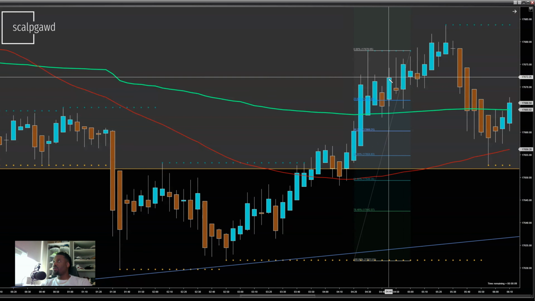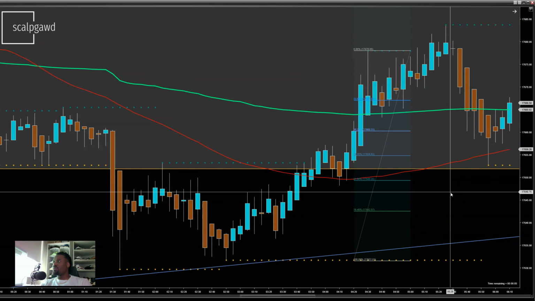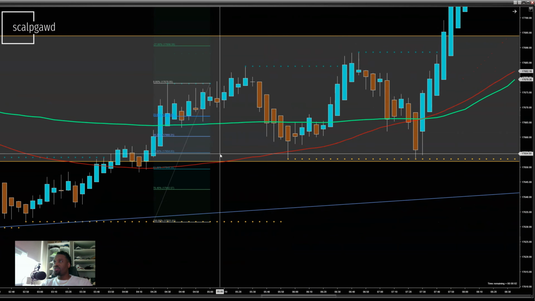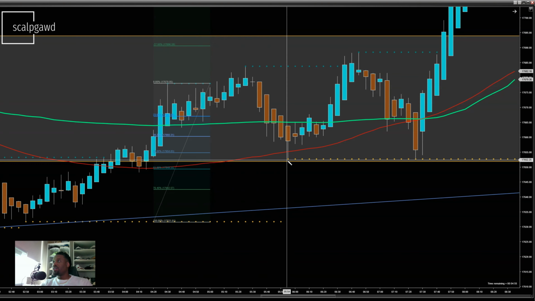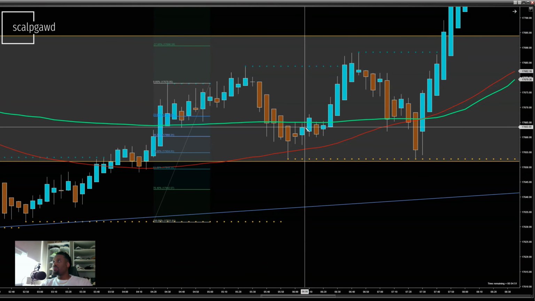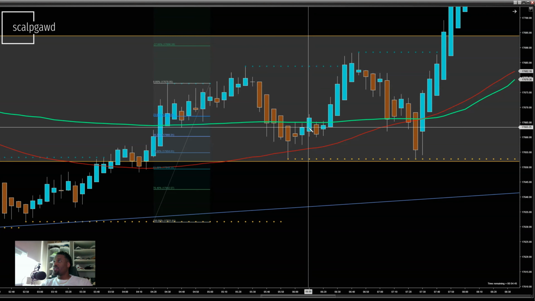All the way up there. So again, I'm waiting for the 50% to be violated, and there you go. So price came right there, and around the 50% level, we got a bullish candle. I would have taken this one. I don't think I took this trade, but if it was real time, I would have taken this candle because